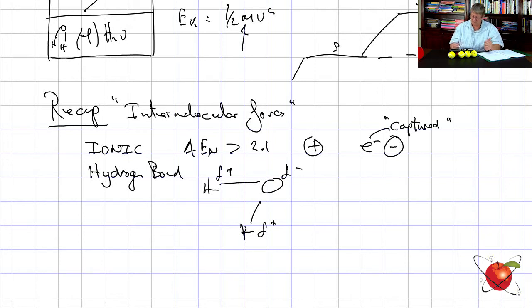Partial things. Okay, so what we've got there, it's partially. It means that the electron spends a lot of time on the oxygen, but it's not totally all the time. It's not an ionic. Then what happened was we had the hydrogen bond coming in over here, delta minus, delta plus, and we had that forming over here. This was the